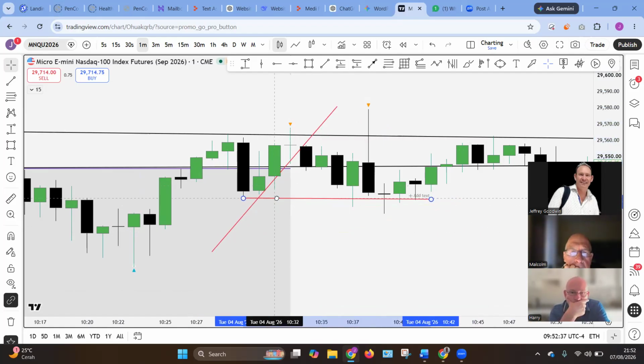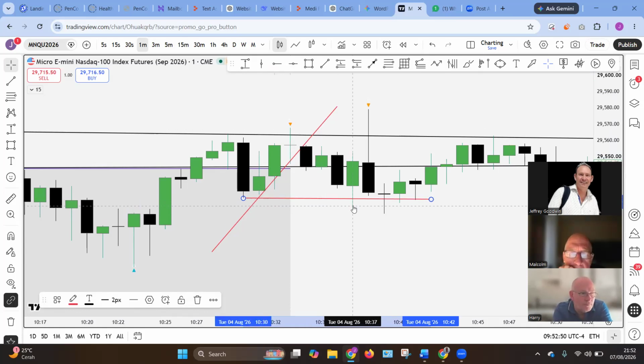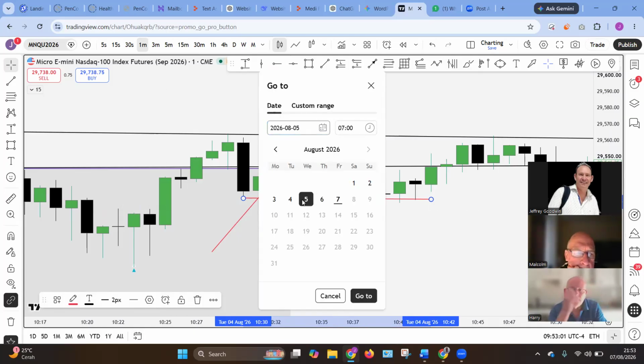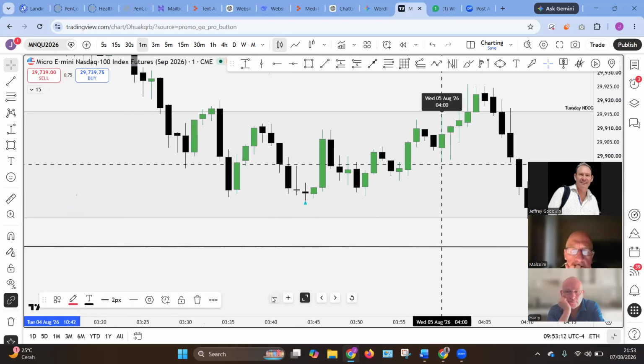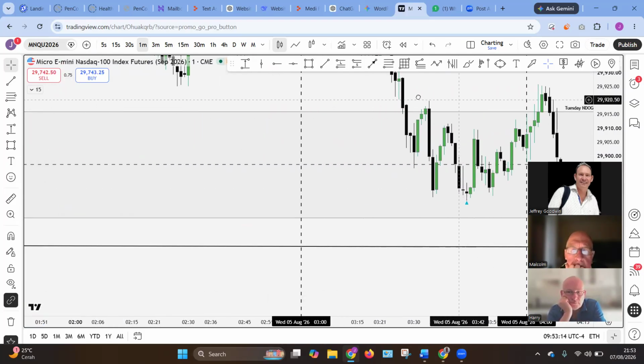I put this on the body's low where the last manipulation leg came from there to there. Does everyone see that was the low before it went up? Yeah. So that's all I've done. Therefore, I want the body to break through here for the sell. Failed to do so. Does everyone see that? Yeah. That's it. So we go to the next day, 4 a.m. Eastern Standard Time. There are trades between 3 and 4 as well, and we'll get to them. But let's get you confident with this one.